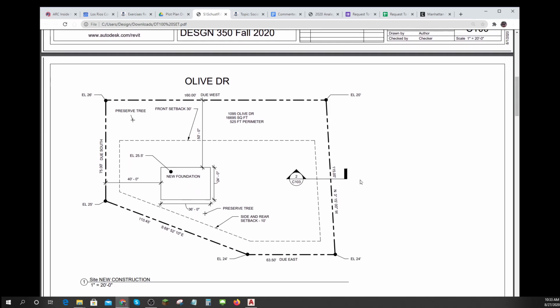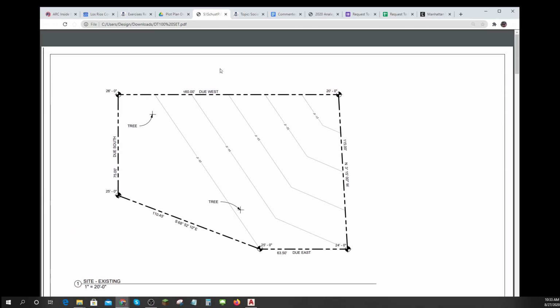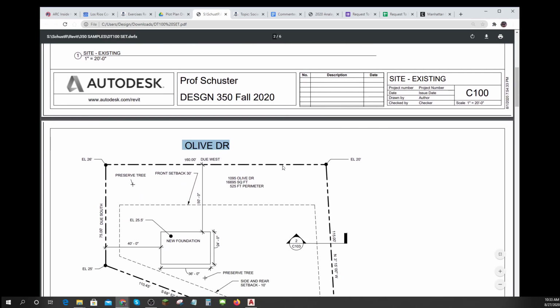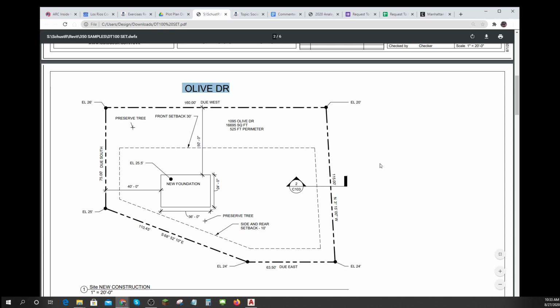So my next one is my new construction. I really should have put Olive Drive up here too. Really should have been there. So as you do better, you'd put Olive Drive on this one too. Helps you locate where it's at. But you've noticed I've added some things that I'm saying where this foundation needs to be, and that I cannot put construction in this zone